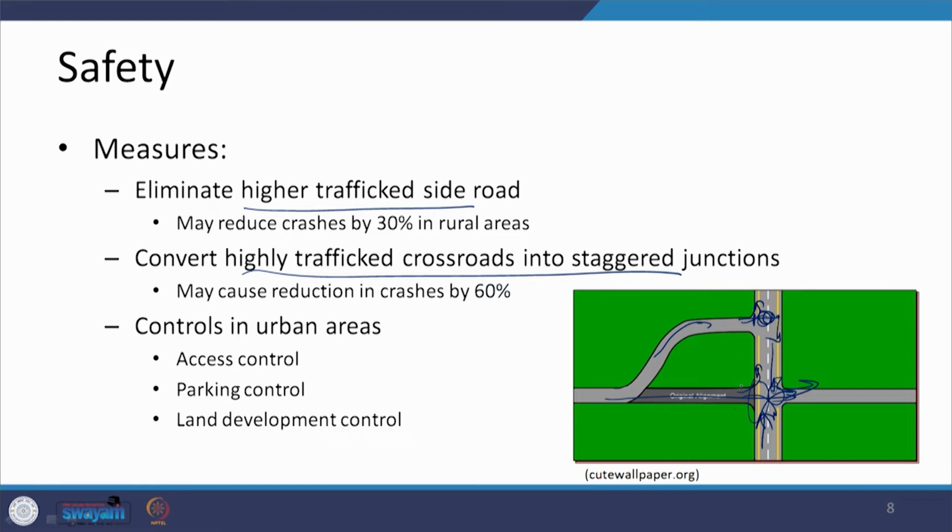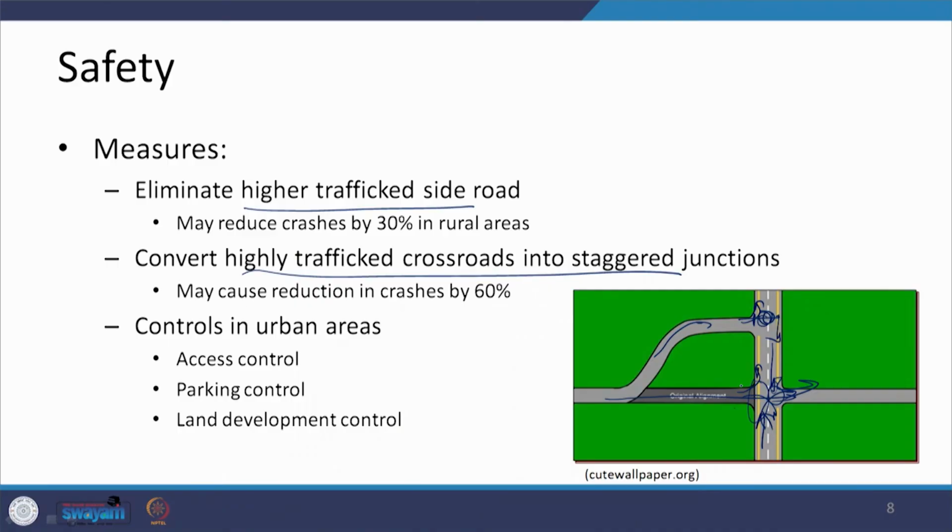So, the total pattern of conflicts has been changed, their locations have been changed, and once these things are happening, then the driver has to focus only on one or two maneuvers and not on so many maneuvers which otherwise are happening and creating confusion in his or her mind. So, if we try to do this, then it has been observed that it may cause a reduction in crashes by say 60%. So, in the first case it may reduce the crashes by 30%, in another case by 60%,